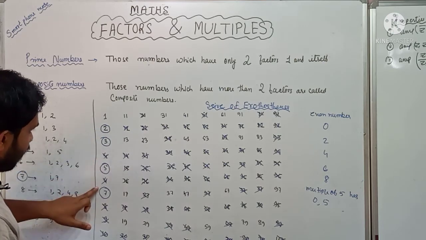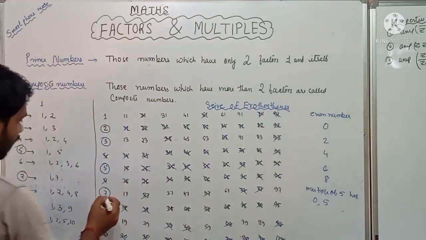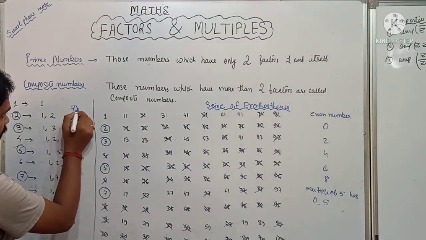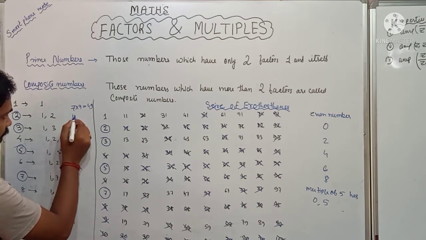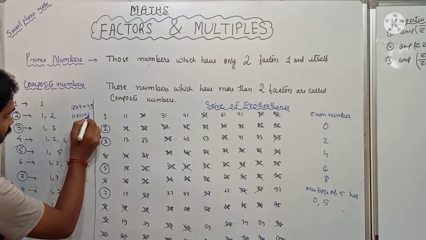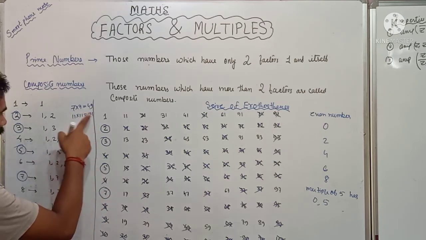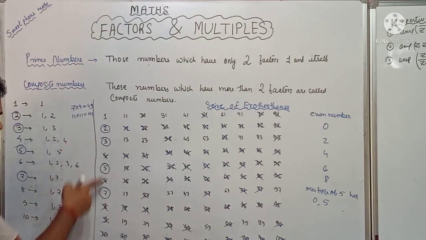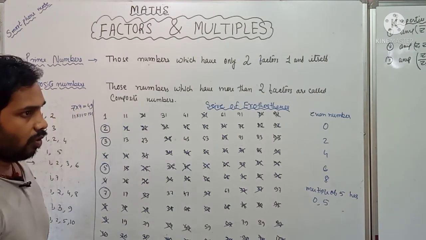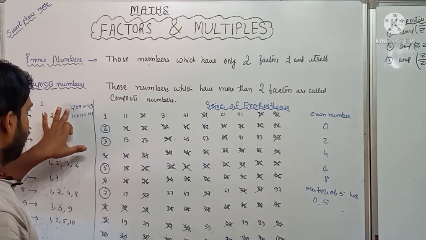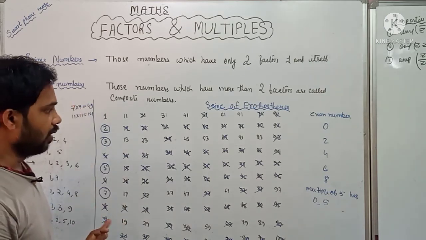Now which are prime numbers? See, we'll round out all those numbers which are prime numbers. Now you see 7 7s are 49, 11 11s are 121. Now what is 7 7s are 49? So we have taken only 7. Why? Because 7 7s are 49 which is within 100, but 11 11s are 121 which is out of 100. So we will take only 7 and we will see all those numbers which are divisible by 7. We will not go for 11.